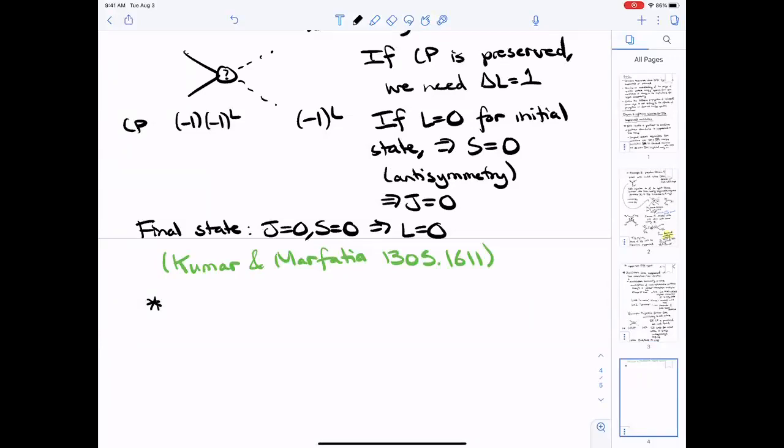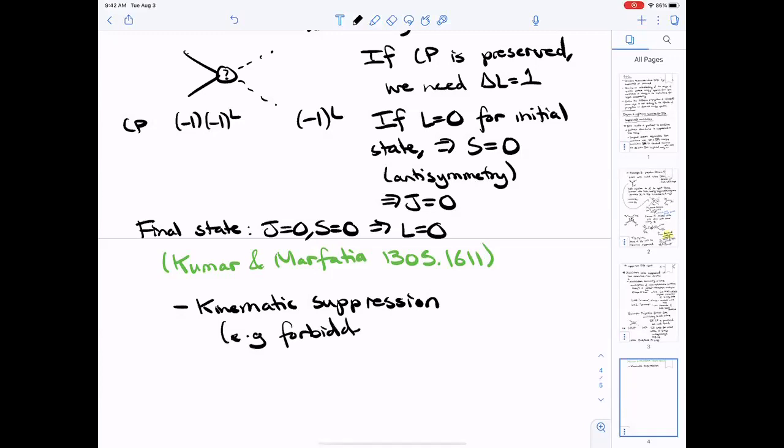Another possibility in this category is that maybe the suppression isn't based on a symmetry. Maybe there's some kind of kinematic suppression of the annihilation rate. Did Josh talk last week about forbidden dark matter scenarios? Is that familiar? Yeah, so this is a classic example of this case. You could have a case where the dark matter is annihilating to something slightly heavier than it is. That's fine in the early universe, where the temperature of the dark matter is larger than the gap. But as the temperature becomes smaller than the gap, the rate will get exponentially suppressed, not just power law suppressed with low velocities. Since you've already talked about forbidden dark matter, I'll just put a note there.